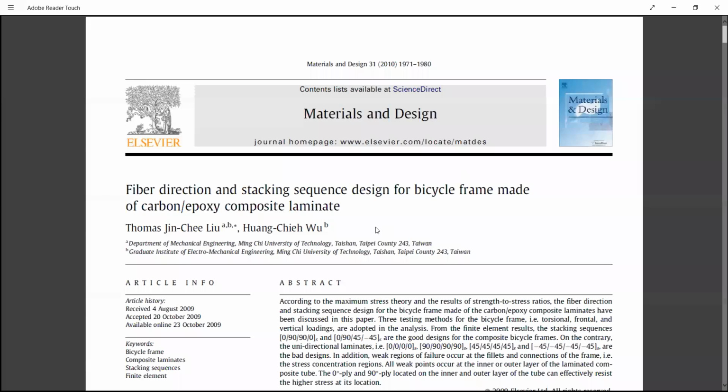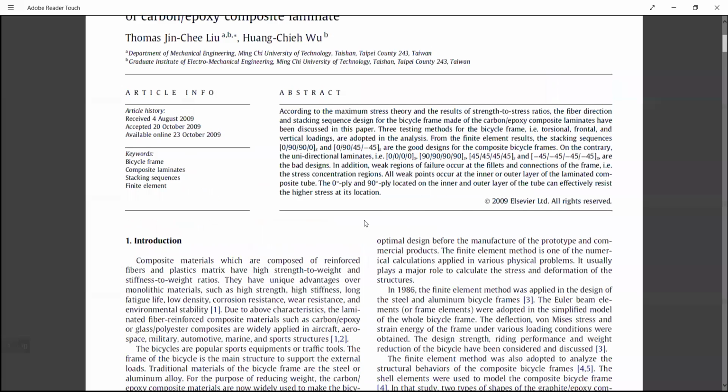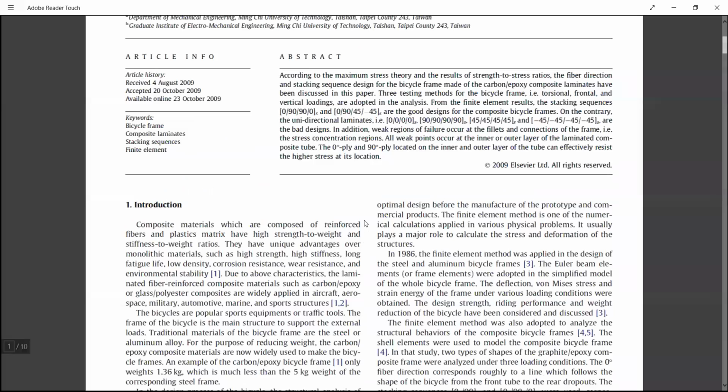So here is an example of that. Fiber direction and stacking sequence designed for bicycle frame made of carbon epoxy composite laminate. This is just to show how the things that we are learning is going to help later. Okay, so